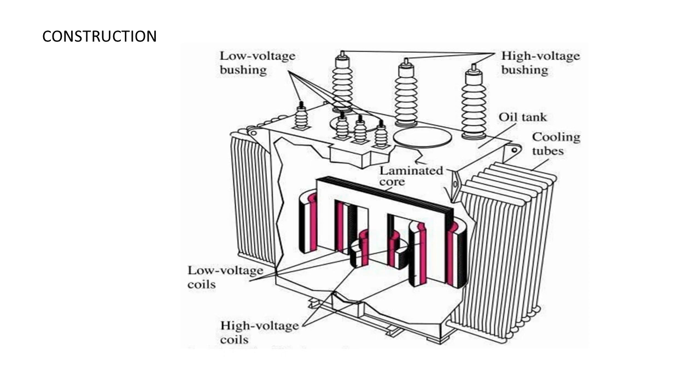Construction. There is a laminated core in the transformer which carries the HV and LV windings, and both the windings are electrically insulated through an insulation medium, and current flows through both the windings through the magnetic core, and so eddy current flows. As we all know, if there is a closed circuit and if current flows in that circuit, then there will be eddy current which flows in the whole circuit, which will damage the core.